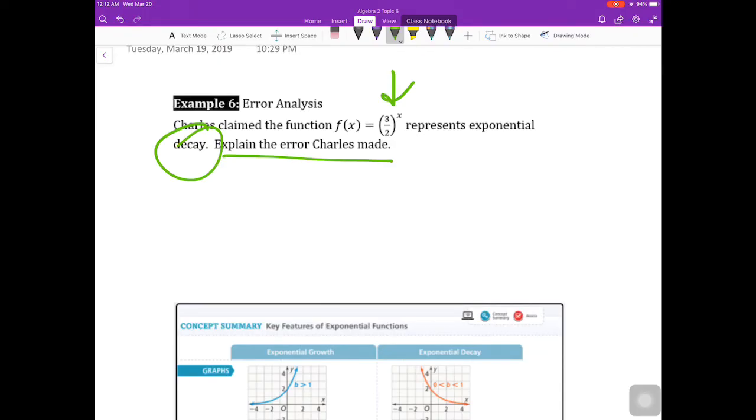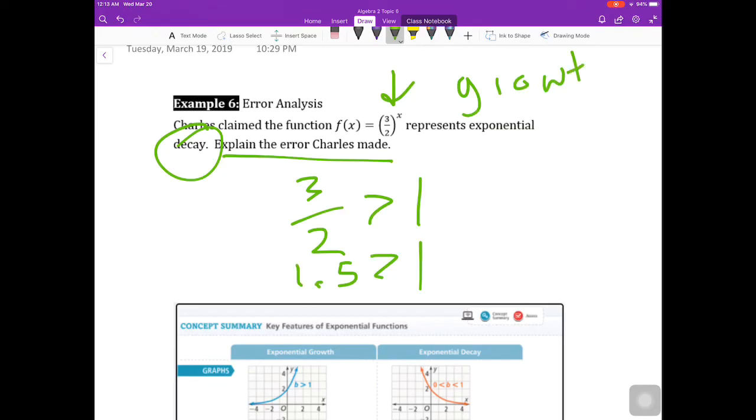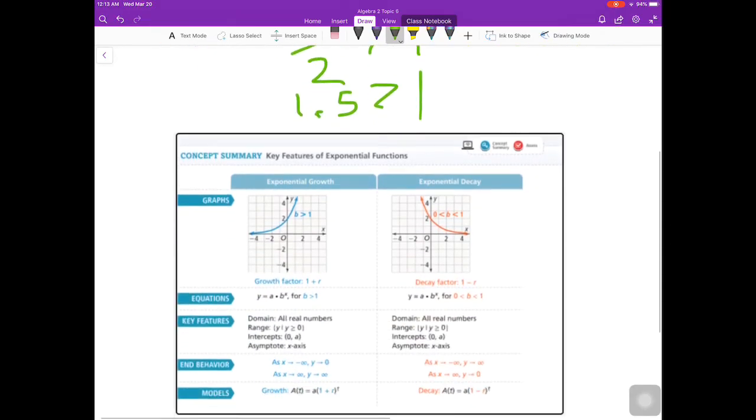Or is it? And the answer is that 3/2, while it looks like a fraction, is actually greater than 1. And if you think about the decimal, 3/2 is 1.5, which is, in fact, greater than 1. So this is why this is not decay. This is growth. So when you have fractions, you can't automatically think, oh, it's decay, because some fractions are greater than 1. And then I want you guys to note this summary page and make